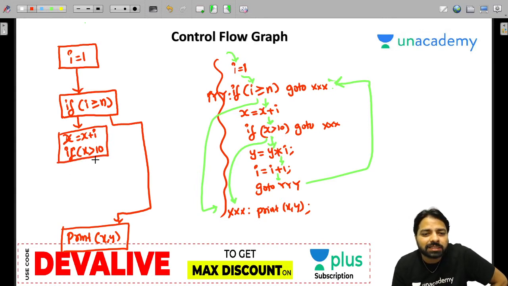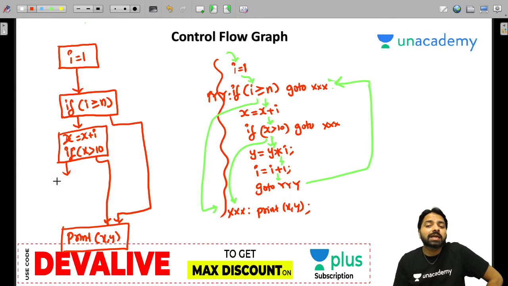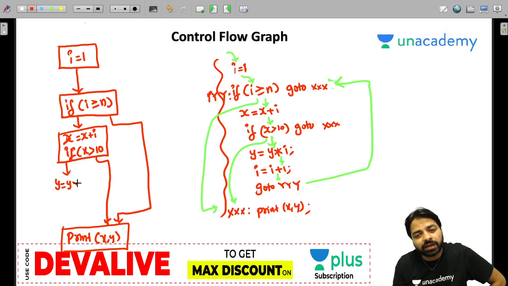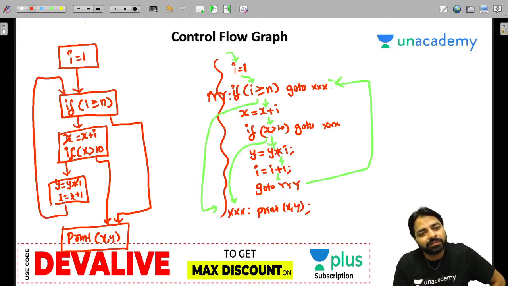One going to triple x, other going to if fail. If x greater than 10 is true, it goes to the triple x statement. Otherwise, it will start executing y is equal to y multiply with I, I is equal to I plus 1, and go to triple y. That you have to go to if here.